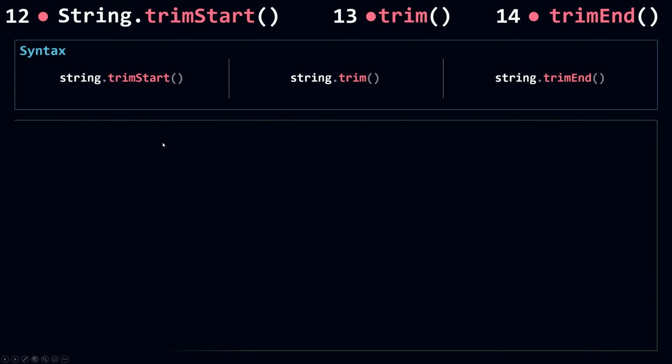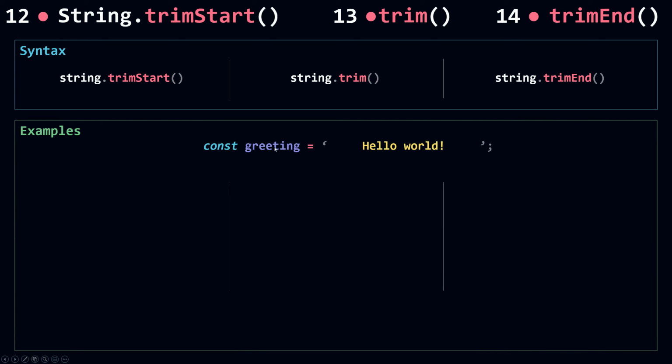Let's see some examples. So I have here a const greeting. There is a string. This string here has a white space at the start and white space at the end. Now if I call trim on greeting, trim will not change the original string. Instead it's going to return a new string. So I'm going to assign this to a const str. Now this const here will be equal to hello world with the white space at the start and at the